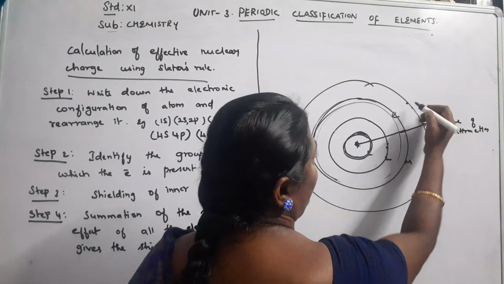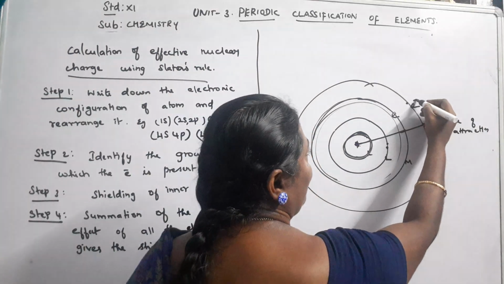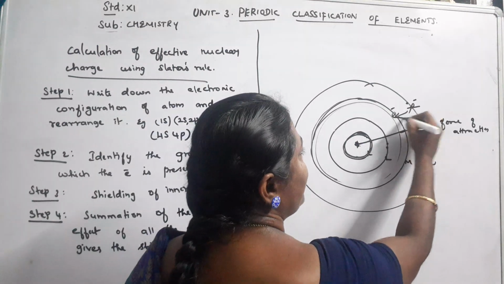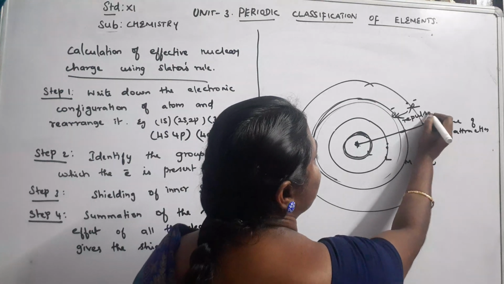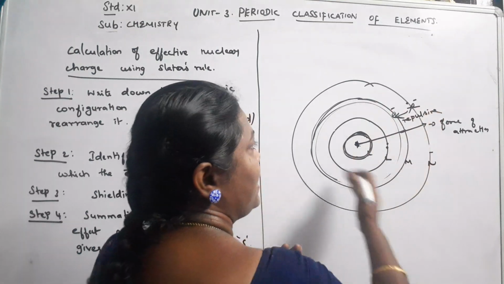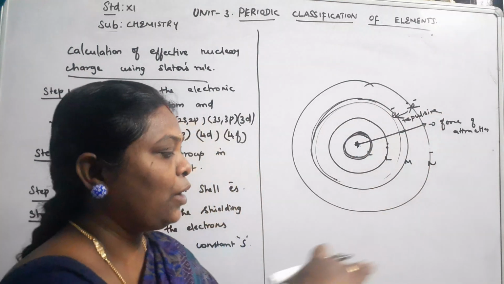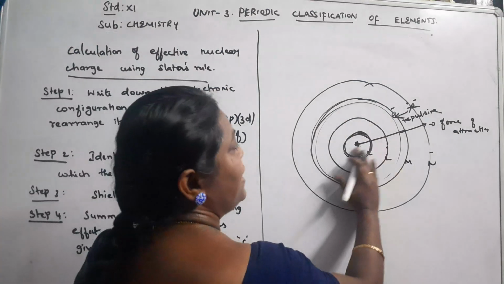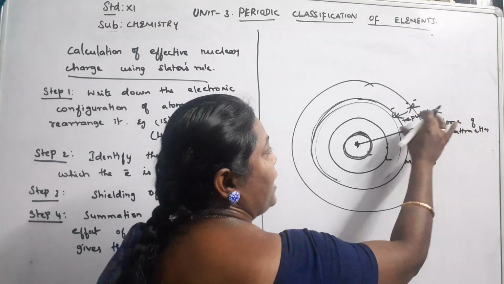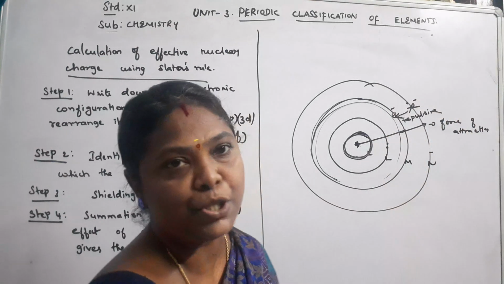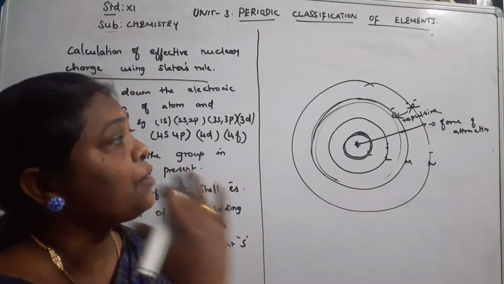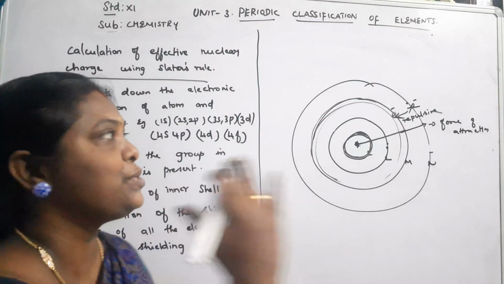Here there is an electron, here also there is an electron, and we know the nuclear charge. Therefore, there occurs some repulsive force between these two, between the electrons of the outermost shell as well as the innermost shell. The electrons present in the innermost shell thus screen the nucleus. In addition to the force of attraction, there exists some repulsive force. So in order to calculate this, we are going to follow Slater's rule, that is, how we have to calculate the effective nuclear charge by using Slater's rule.